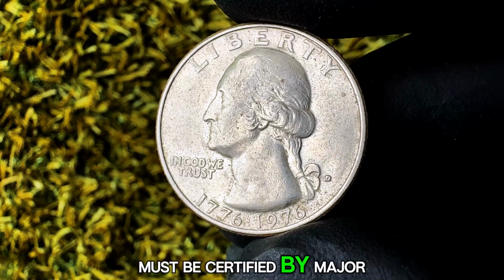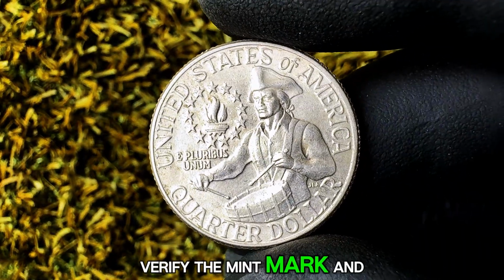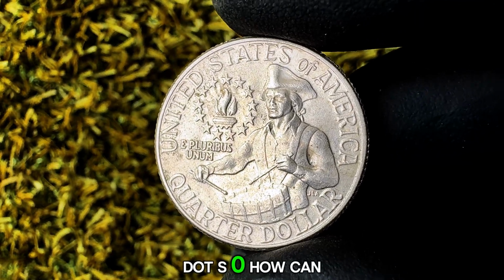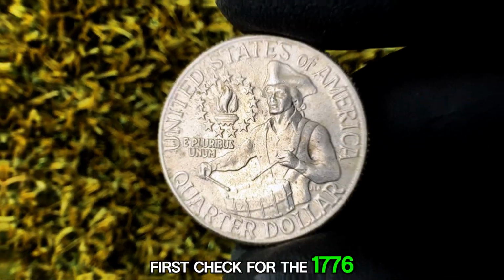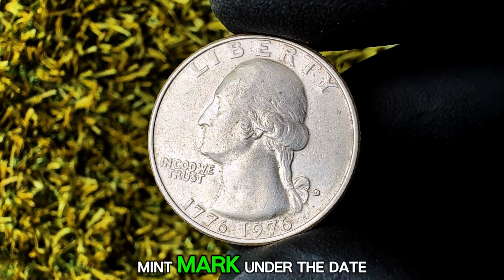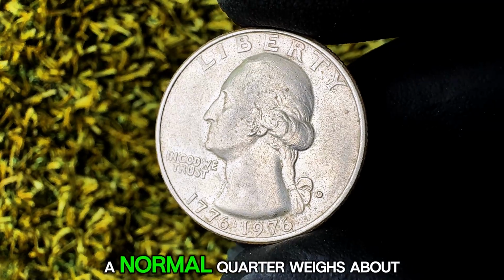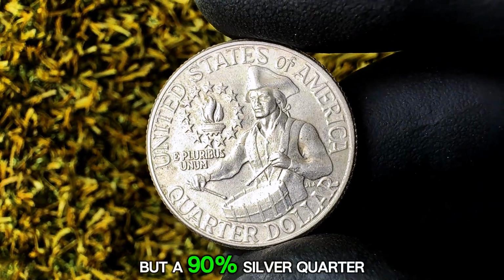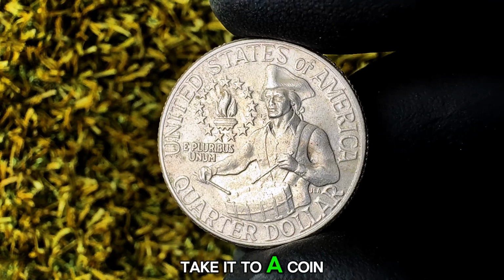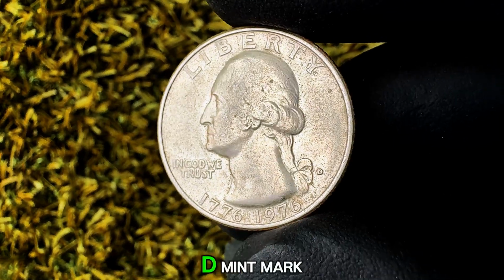These coins must be certified by major grading companies like PCGS or NGC. They test the metal, verify the mint mark, and evaluate the strike. A coin without that seal of approval won't fetch anywhere near top dollar. So how can you tell if you have one? First, check for the 1776 to 1976 date and the drummer boy reverse. Then look closely for the D mint mark under the date on the obverse side. Next, and this is key, test the weight. A normal quarter weighs about 5.67 grams, but a 90% silver quarter weighs closer to 6.25 grams. Lastly, if you suspect it's silver, take it to a coin shop or send it in for grading. Because if you're holding one of these rare silver bicentennial quarters with a D mint mark, you could be holding